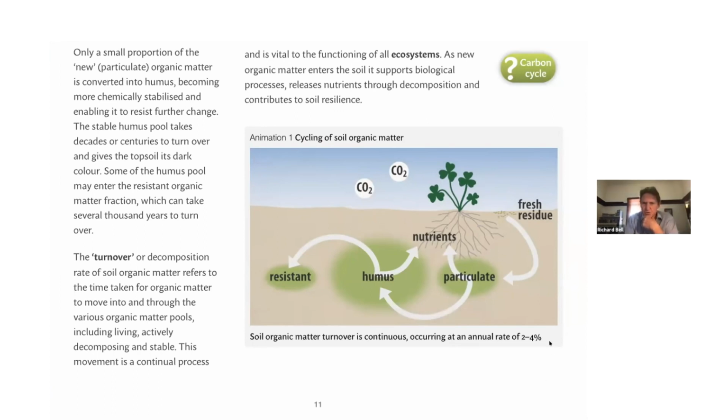It's also worth mentioning that something like 2 to 4% of this organic carbon in the soil turns over or breaks down each year. So if you don't continually add carbon into a soil, the level is going to gradually decline because of this natural decomposition process. So even to maintain organic matter levels in soils, we've got to be adding as much as is decomposing just to retain the steady state of the current situation.